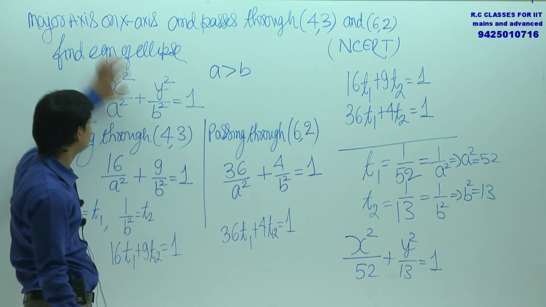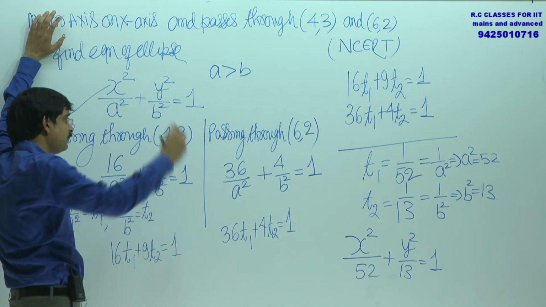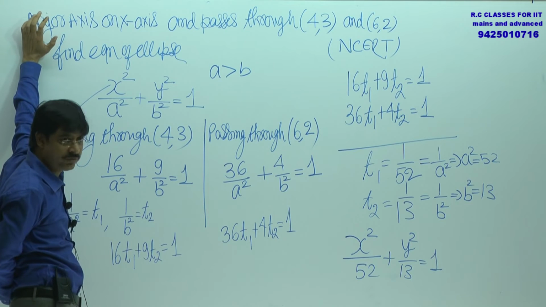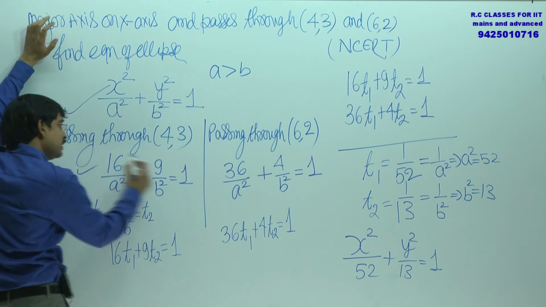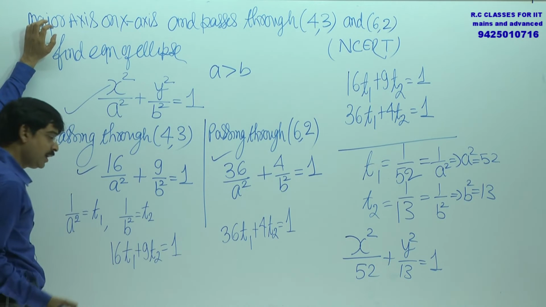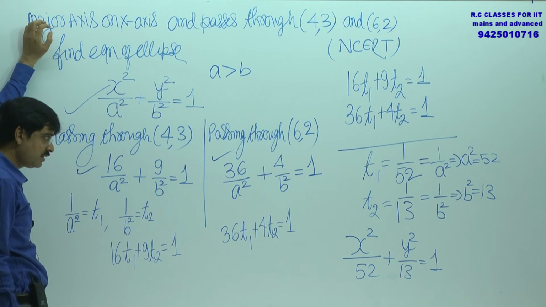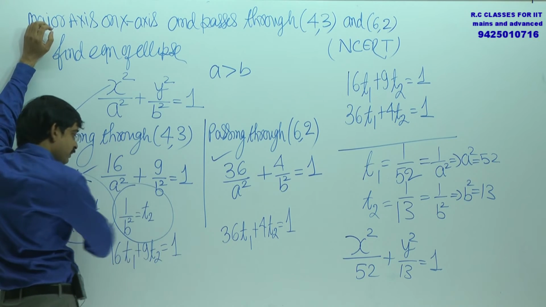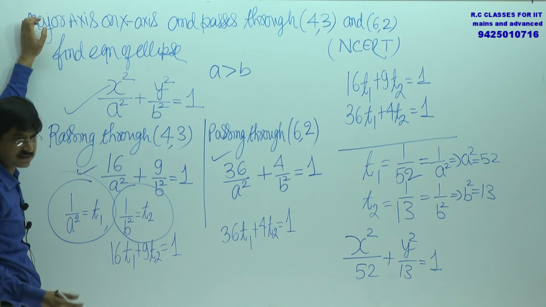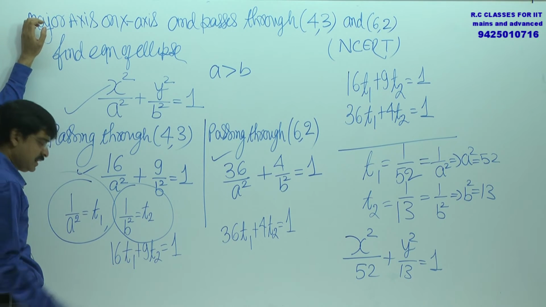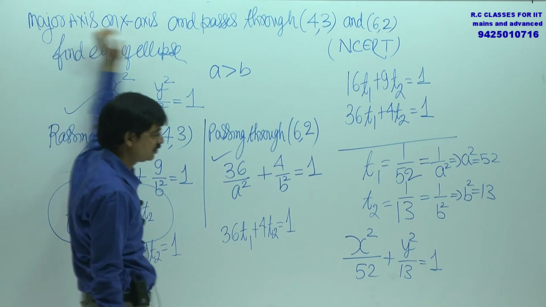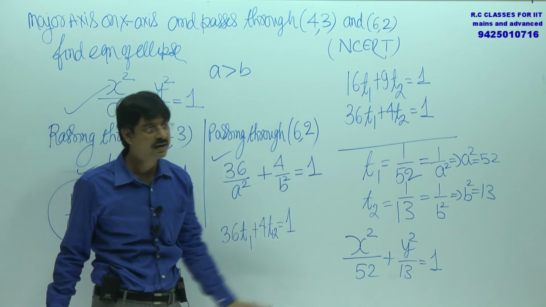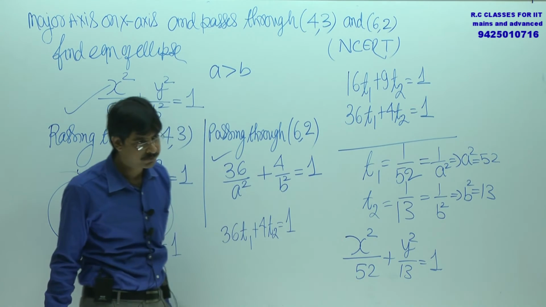भाई एक सीधी सी बात है कि x axis is the major axis, so x square by a square plus y square by b square equals 1 with a greater than b, passing through the points (4, 3) and (6, 2). तो (4, 3) और (6, 2) आपने satisfy किया. अब a square और b square required है, तो बेहतर है कि 1 by a square को we have taken as t1 and 1 by b square we have taken as t2. क्लास 10th में आप देखते हैं शायद कुछ ऐसे सवाल linear equations के terms में. दो linear equation solve की, you got the value of t1 as well as t2. a square और b square आ गया and you are getting the equation of ellipse. ठीक,